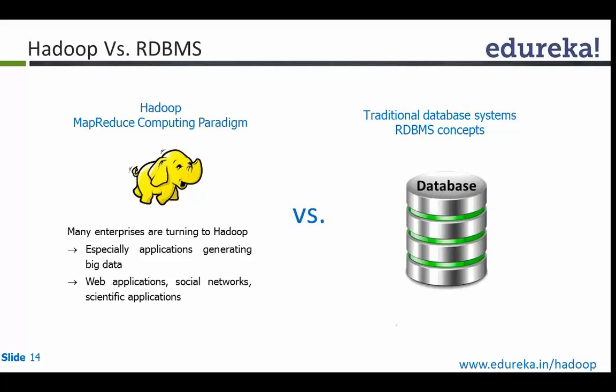So some of the differences you would see when to use an RDBMS-based solution or enterprise data warehousing versus Hadoop is, say, if you need very high performing, low latency queries, you cannot use Hadoop straightforwardly. And when it comes to large volumes of data and you're okay to sacrifice performance, you can go for Hadoop. And when it comes to ACID kind of features or consistency with a moderate amount of data, you can choose RDBMS,